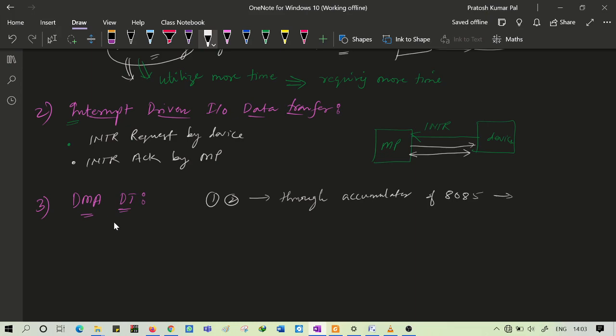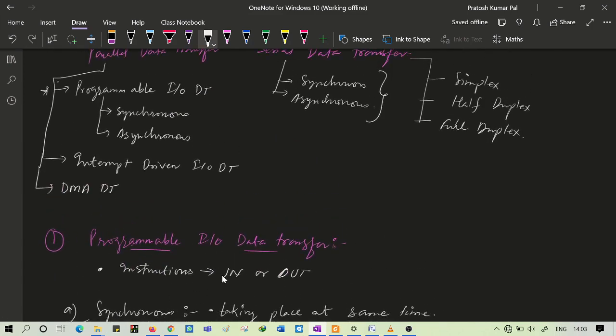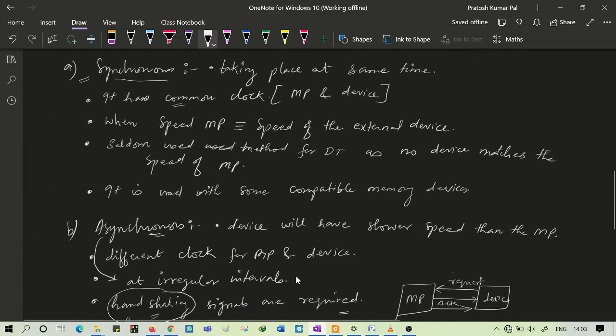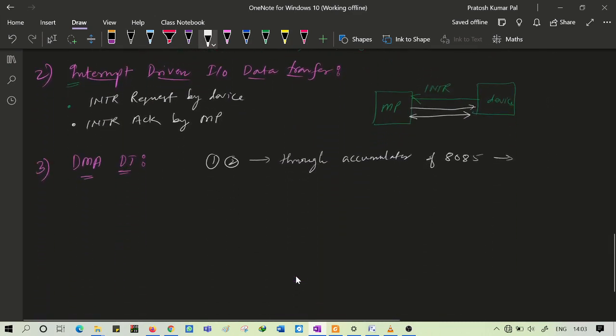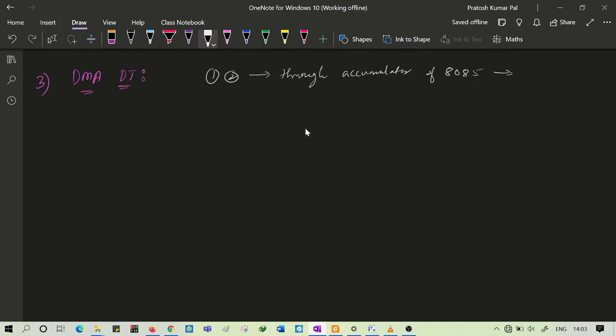In the first one we are using the input output instructions, so in input output instructions, one of the source or destination of the data will be the accumulator. In interrupt driven input output data transfer also, once the interrupt request has been made and acknowledgement provided, data transfer takes place with the help of the accumulator. First the data is transferred to the accumulator, and then the accumulator transfers the data to the devices. So this was the method in the first and second.